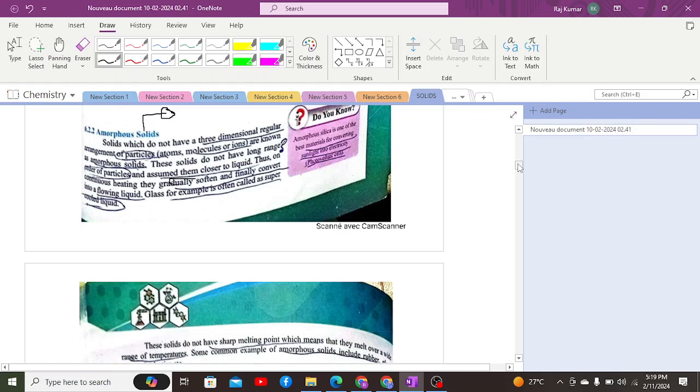But if you are supposed to cool down a liquid at a very high rate, very fast, at that moment what actually happens is that the liquid atoms, the atoms of this particular liquid, are not able to